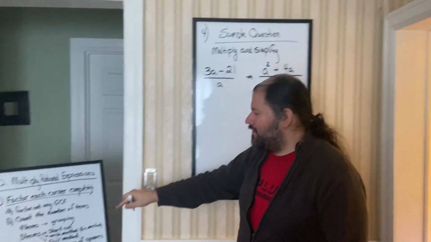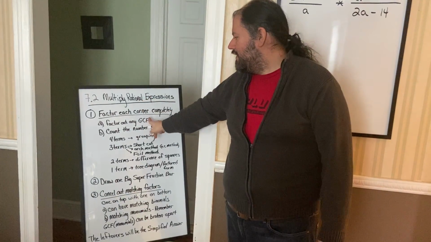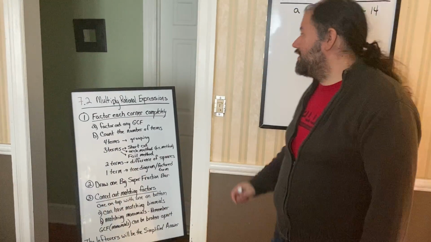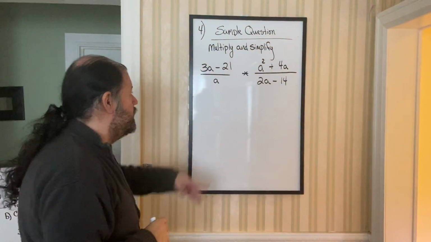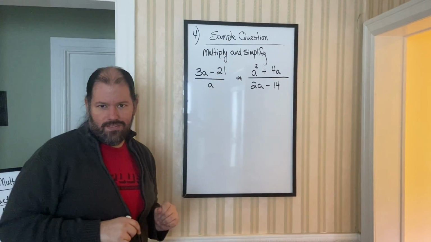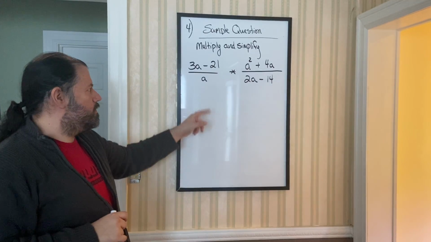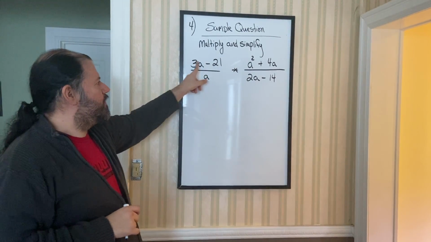Remember, when you factor out each of the four corners, because we're dealing with rational expressions, we're going to be looking for GCFs and then count the number of terms. So each of these corners, we're going to do that. So the first corner, notice it's 3a minus 21. Hopefully you see that there is a GCF. It has two terms, but notice, if you remember, 21 is 3 times 7, so they both have a 3